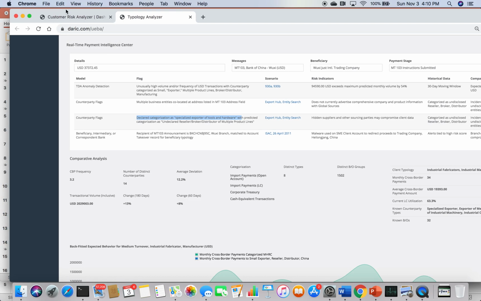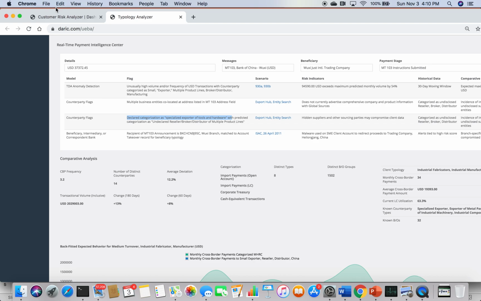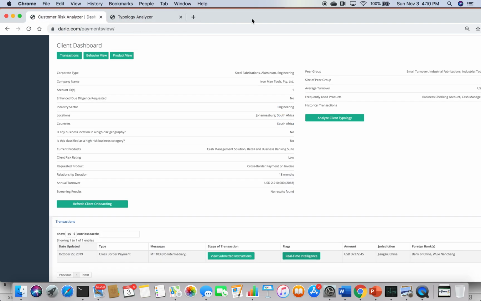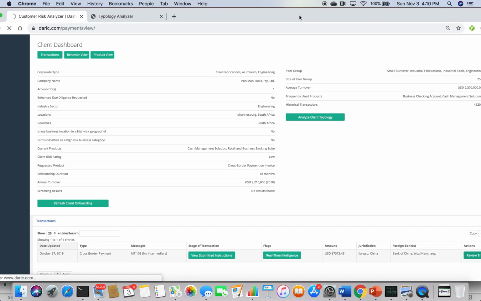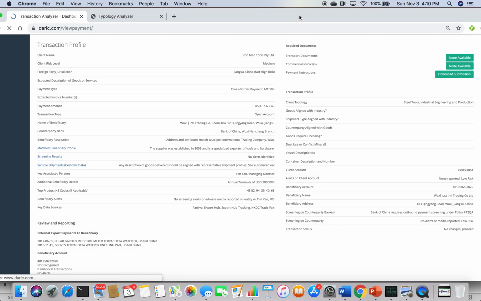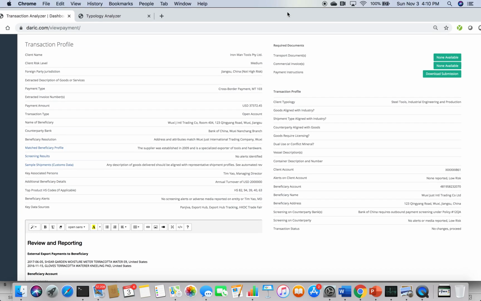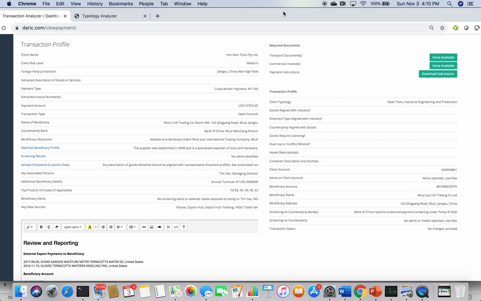However, this is not enough to create that holistic picture that correlates multiple events across multiple dimensions and different data sources to come up with a real-time weighted fraud score. So let's see how that score is generated over the course of this transaction and is updated at every stage in the life cycle of this payment, from the initial screening, which has already taken place, all the way out